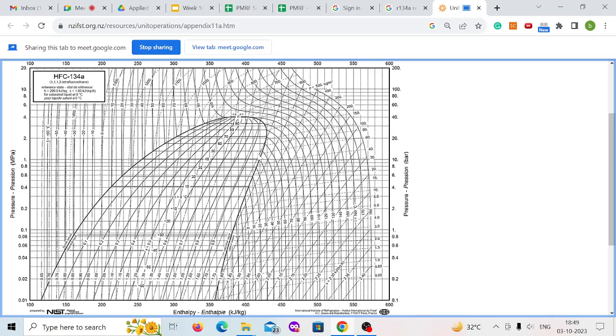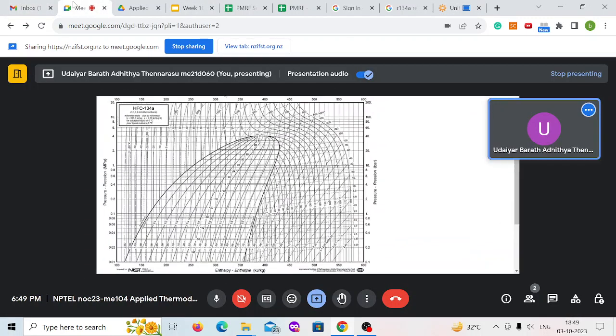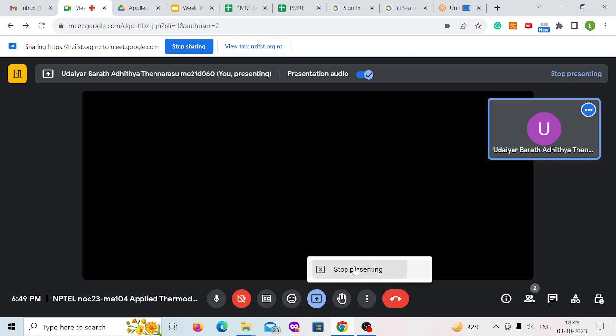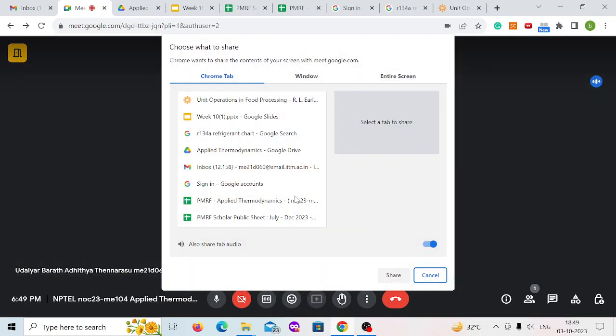So your temperature will be between 40 and 50, and from there you desuperheat, and then in the condenser you reach a saturated liquid condition, and then do an isenthalpic process to 0. That's how the process will look. So now, going back to the problem,